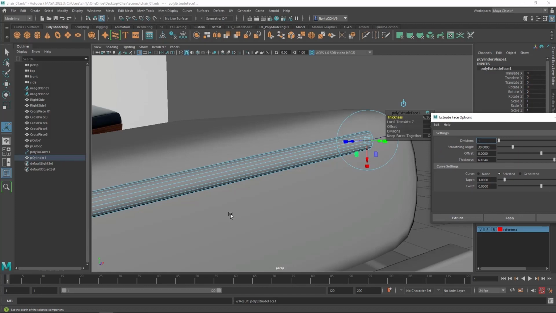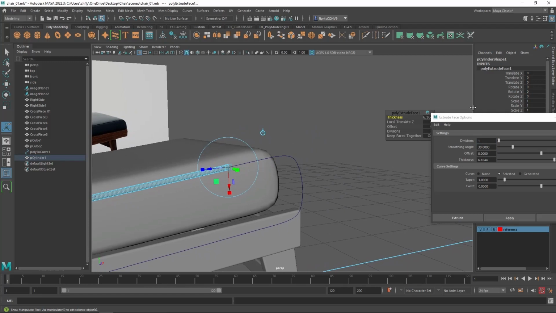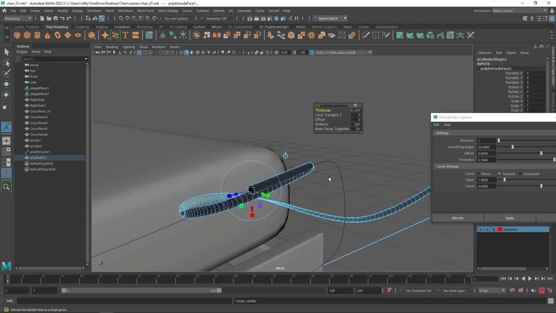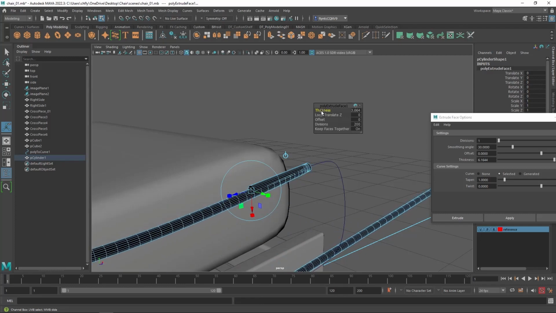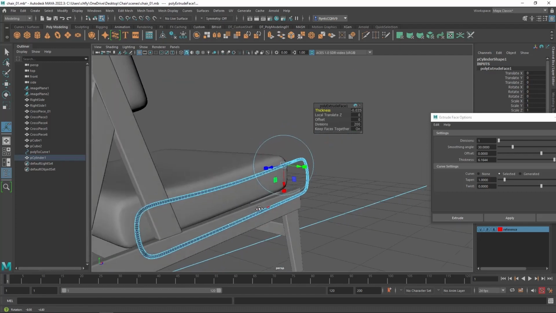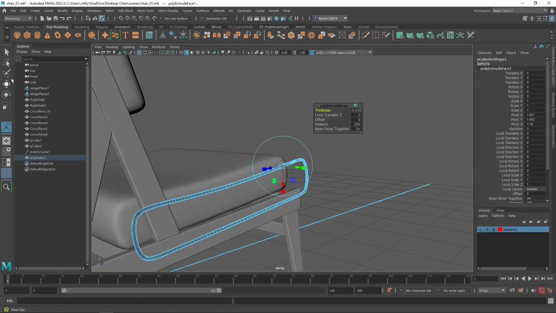And you can see that it goes sort of in the general direction of the path, but doesn't really follow it. So let's give it some divisions. Let's give it as many divisions as we can. And if yours is flipping out like this, take the thickness and just hover your cursor over that and dial it down until it comes together end to end like so. And now we can close this, and then we can get the move tool,